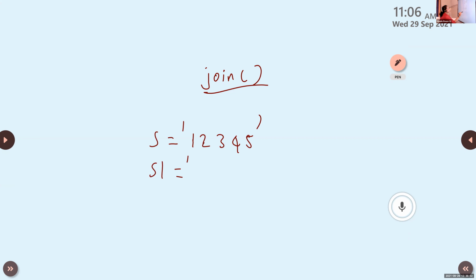S1 is equal to 1 hyphen, then print S dot join within bracket S. S1 dot join S.